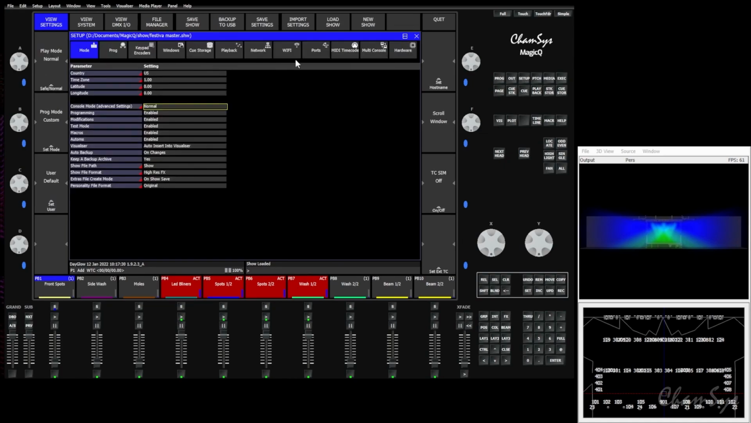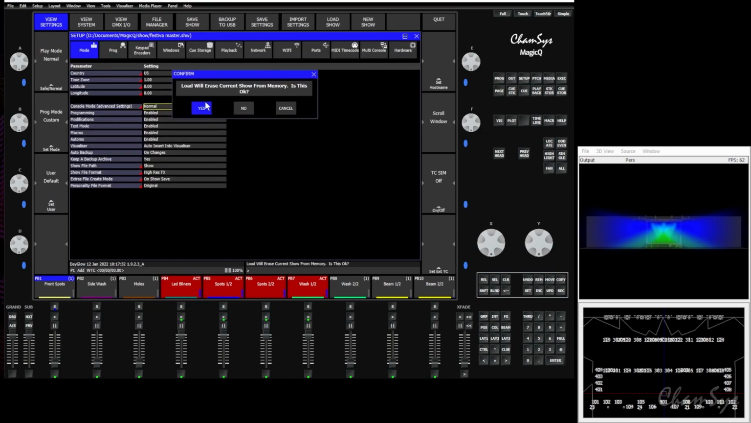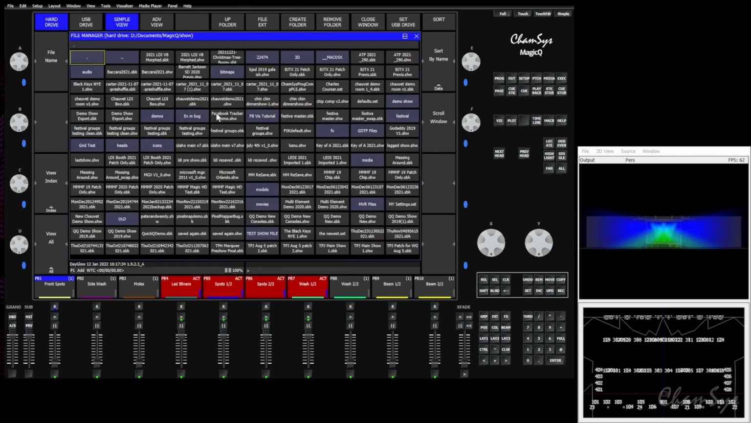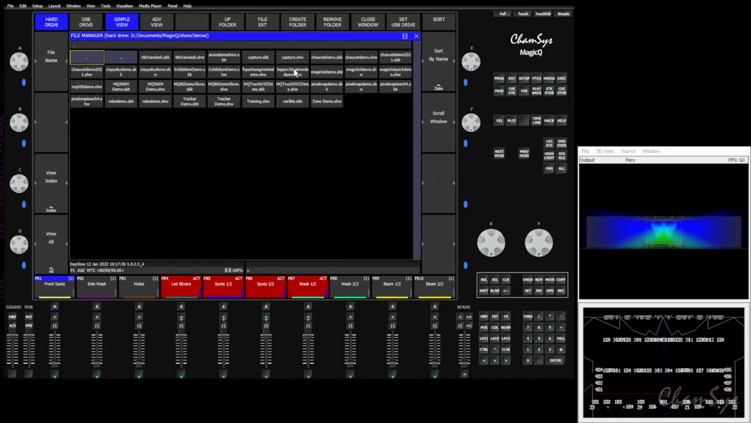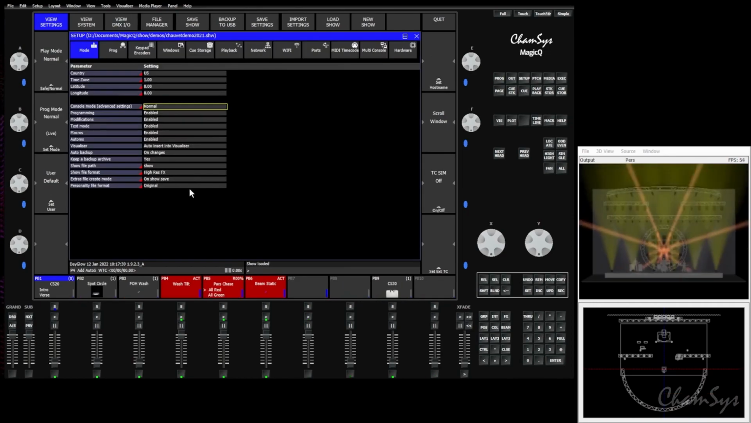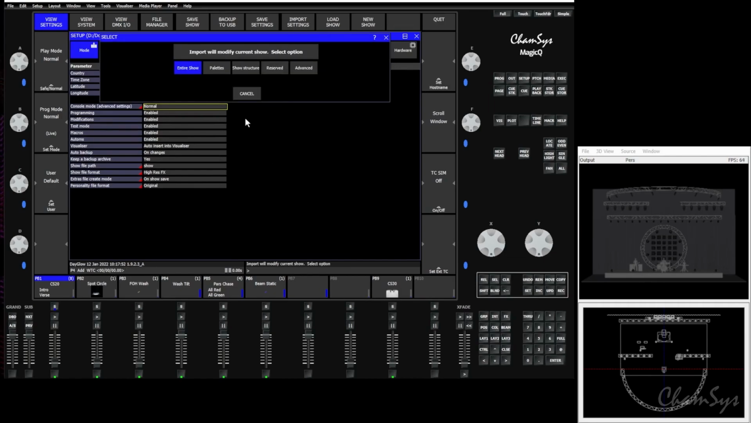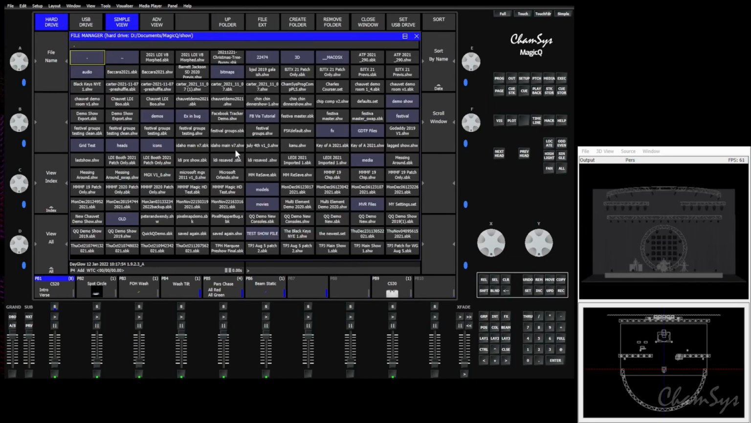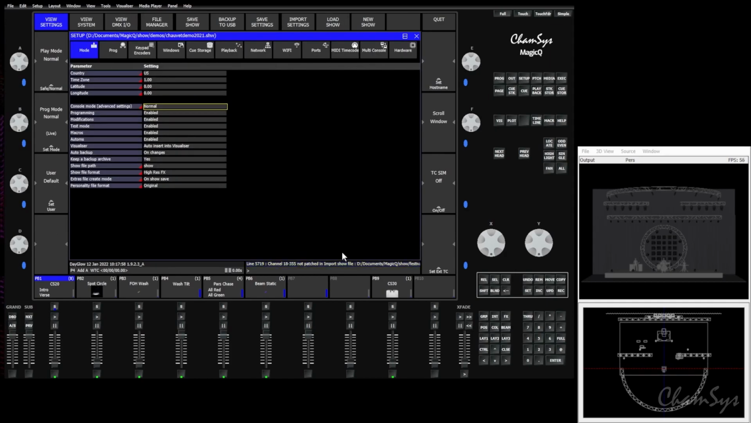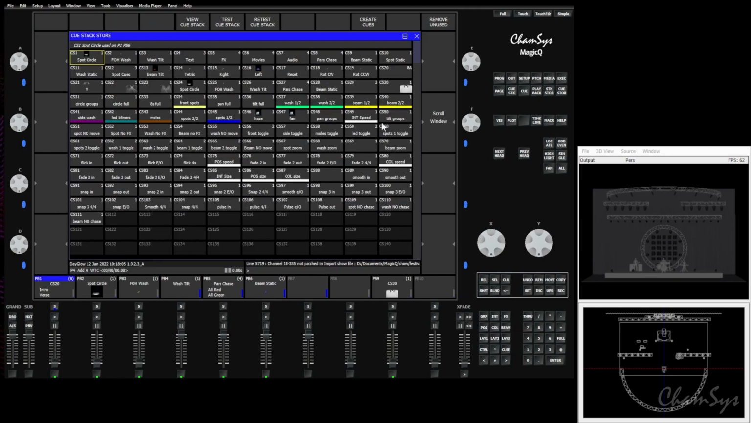So what I can do is come in here, load my Chauvet demo show back up, which is where we're going to start. And then I can do what's called loading the show structure. So if we hold shift, go to import show, choose show structure, and choose our festival show, it's going to go through. It's going to tell me something's not patched in the file. That's fine. But what I end up with is all of the Q stacks